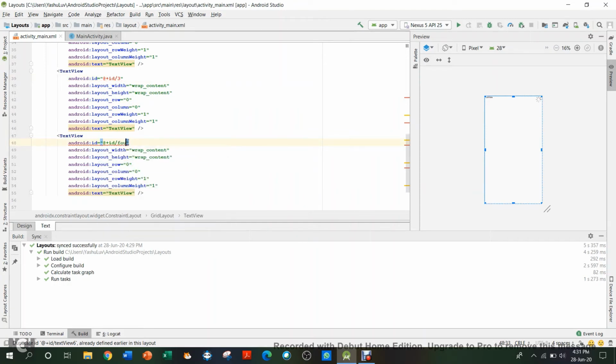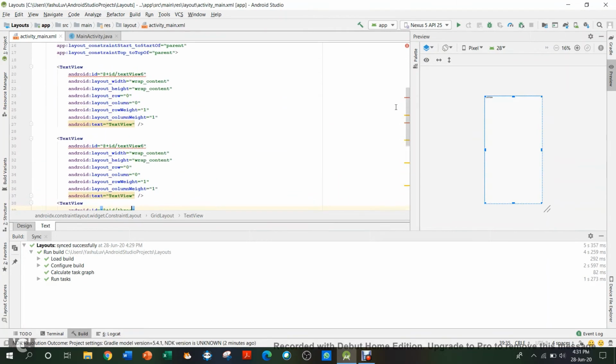Okay, I need to name it as letters. Two, and over here let's just name it 1. Then you'll have to change this, so the second one we want in the second column.